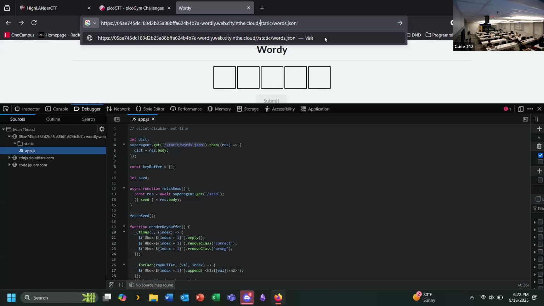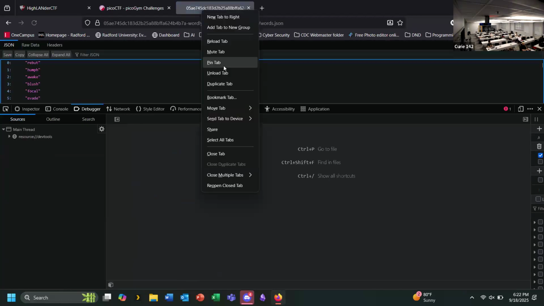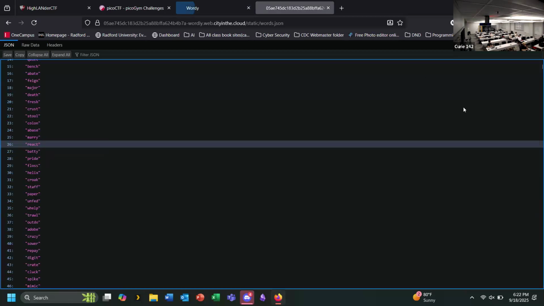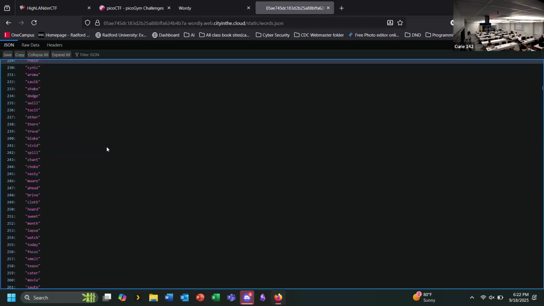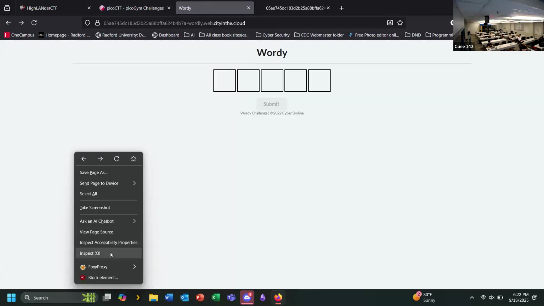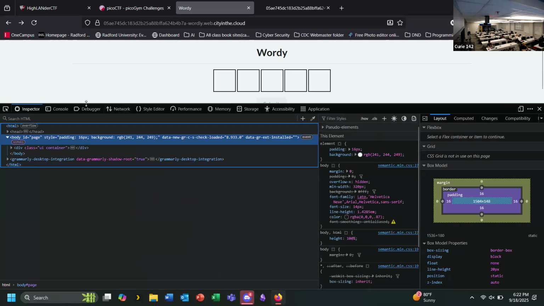So let's see what word.json is. Put that back. So we get a JSON file full of all the words that they could possibly have. So that's important to note down. We'll keep that on the side. Now we need to figure out how it actually chooses that word. So we'll go back into